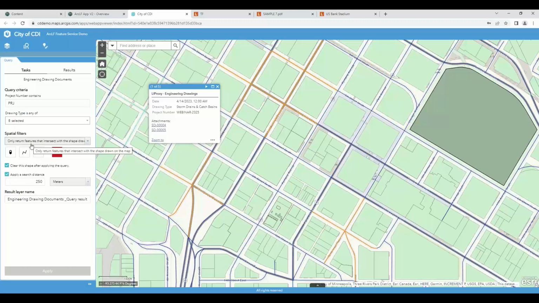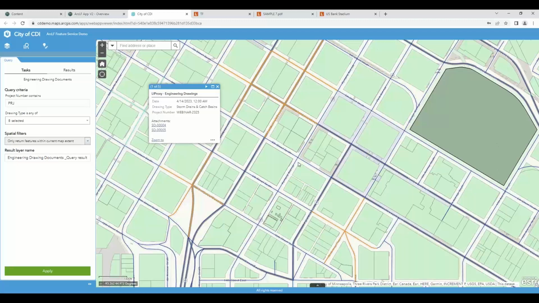We have the ability to specify a spatial filter. So we can search only within the features that intersect with the shape drawn on the map. We can search just within our current map extent, so what's currently visible in our map. Or we can search across the entire map, and this will display all of those engineering drawings that we are